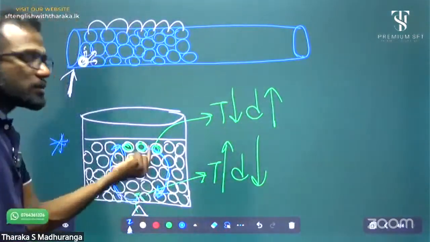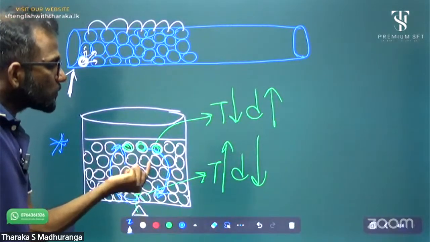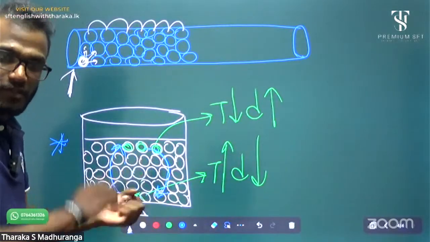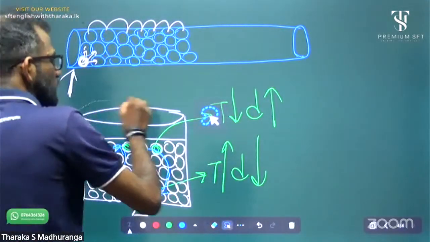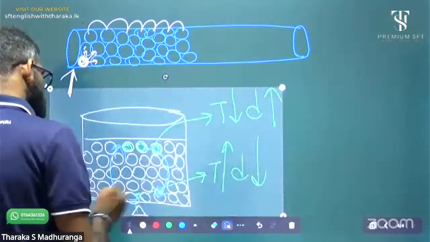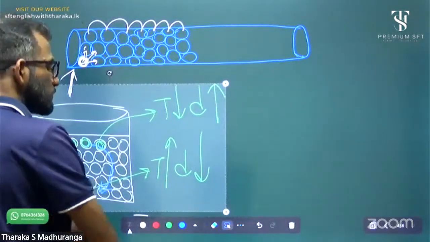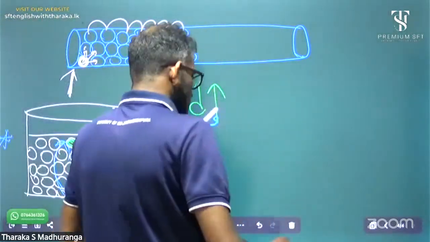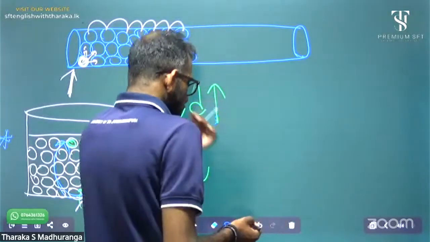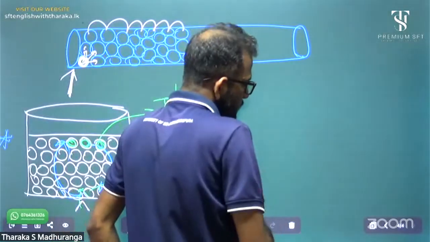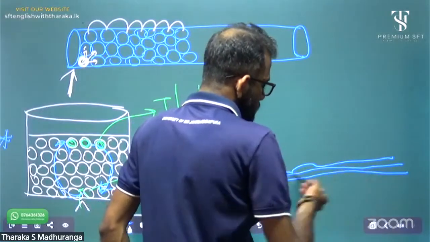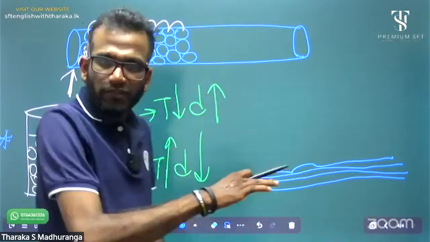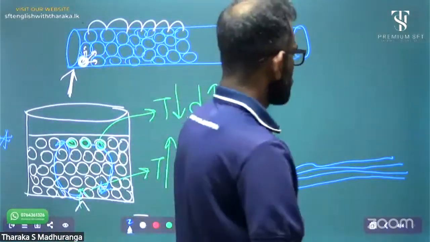Now this is a method of thermal transformation through liquids. The same method applies to gases as well, in our atmosphere. See, normally think of this as the sea level, the sea surface, or whatever water surface.